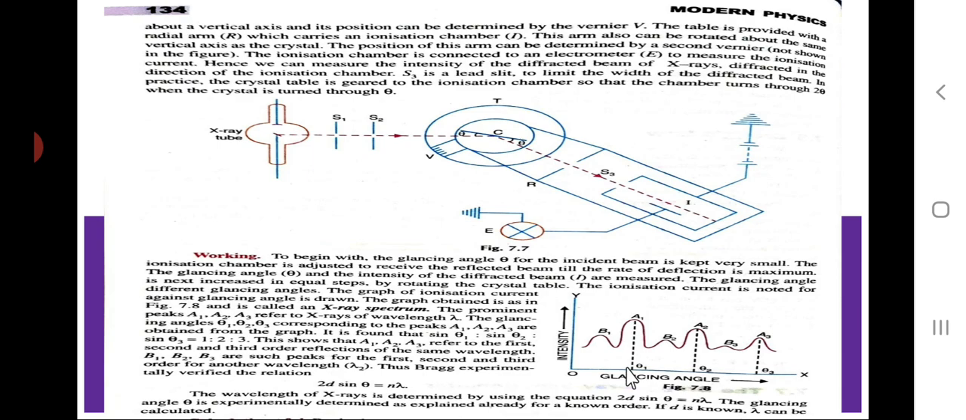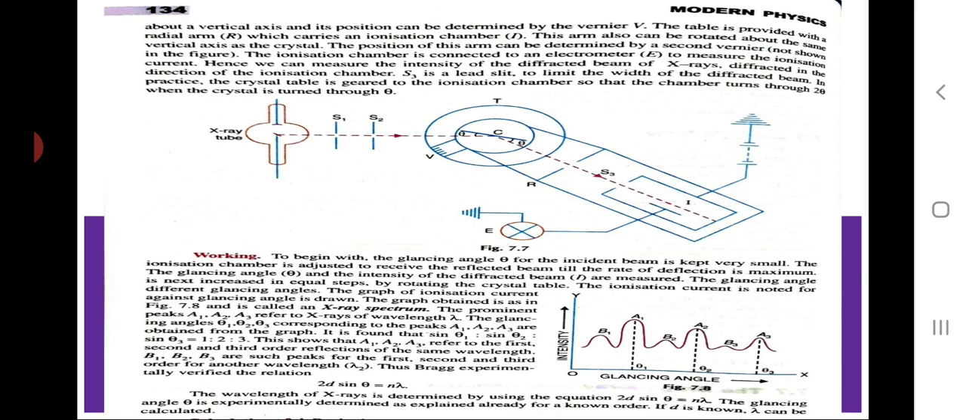Now to begin, the glancing angle theta for the incident beam is kept very small. The ionization chamber is adjusted to receive the reflected beam till the rate of deflection is maximum. The glancing angle theta and the intensity of diffracted beam I are measured. The glancing angle is next increased in equal steps by rotating the crystal table. The ionization current is noted